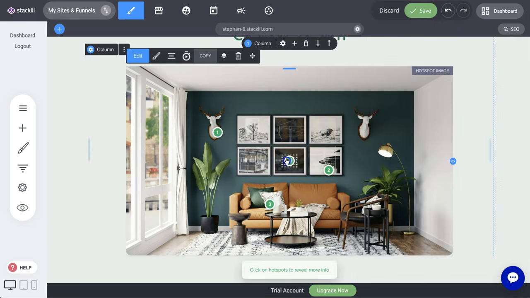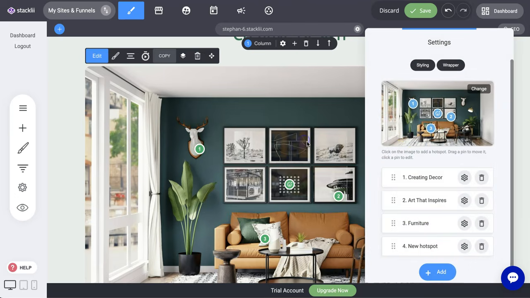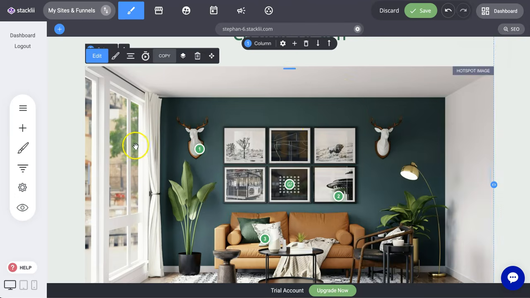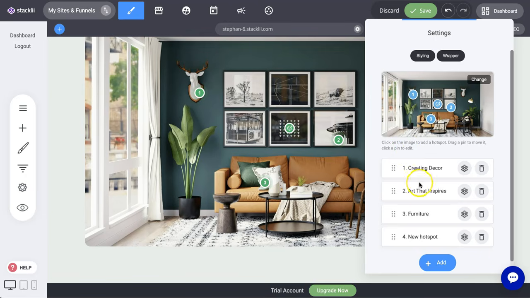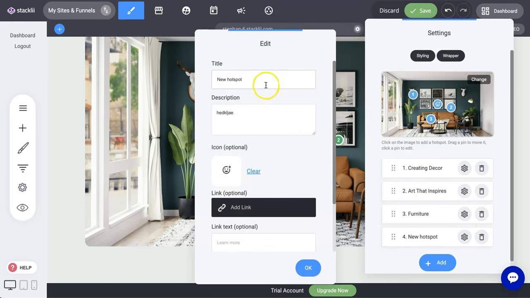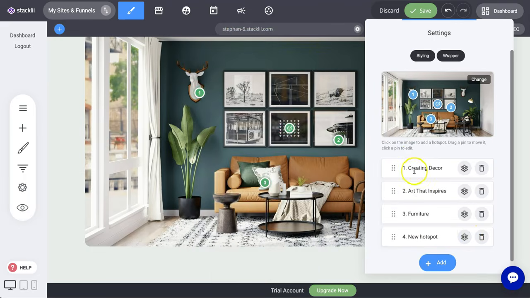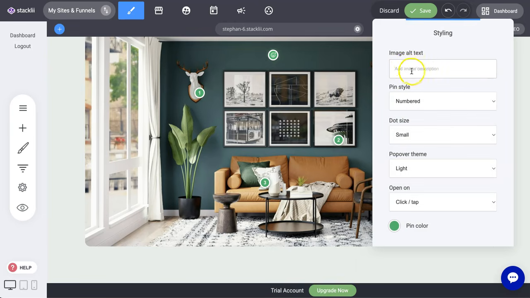Now we can edit this. Sorry. Let me go back to the hotspot. And that's what I wanted to show you. So you can obviously swap the hotspots around in terms of numbering, or you can take the new one we added and you can move it to anywhere in the picture where it's going to make sense for people to click. Change the background image, and then you also have styling